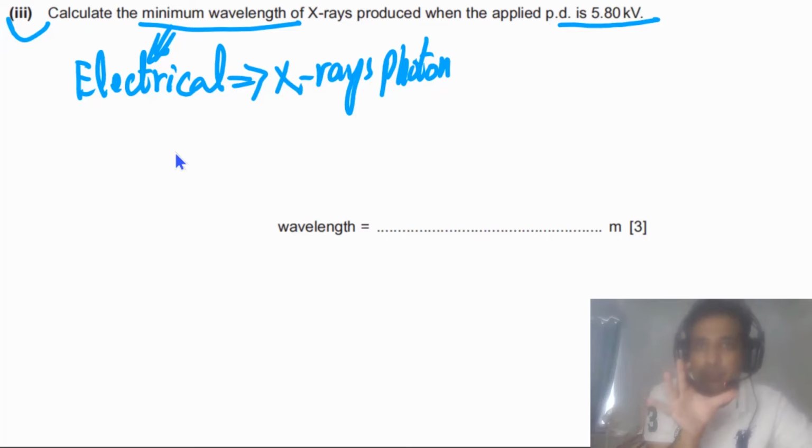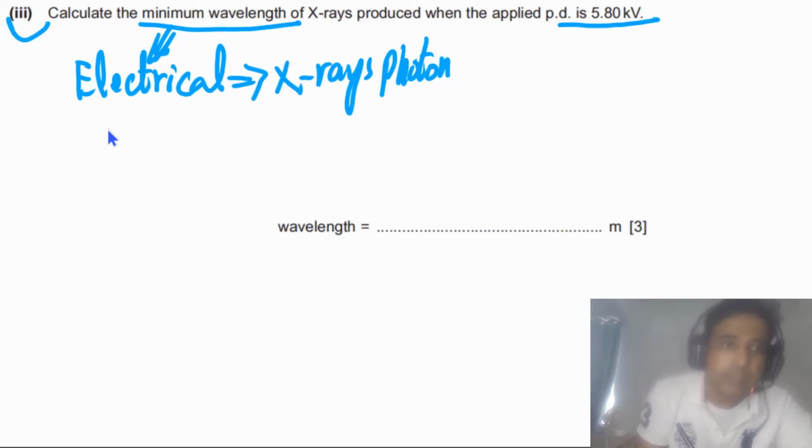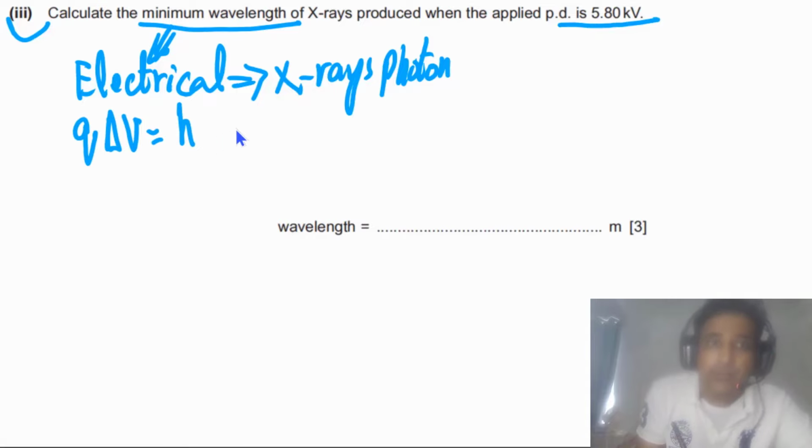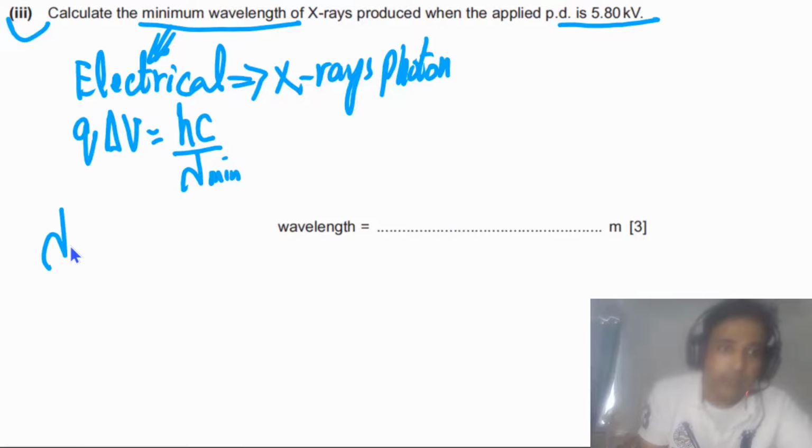So simply we need to equate 2 energies. In this case electrical energy, that is equal to Q times delta V, has to be equal to the energy of a single photon. We need to calculate wavelength, so we can say hc over lambda min. Minimum wavelength, lambda min, we need to calculate. So lambda min has to be equal to hc divided by